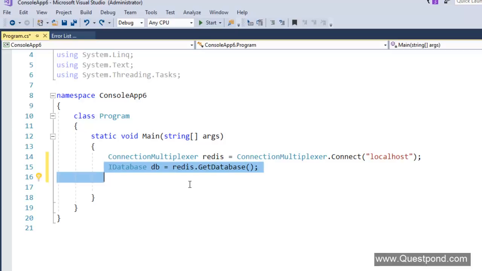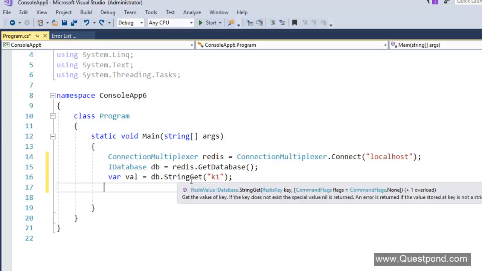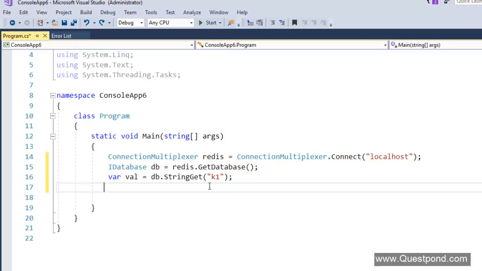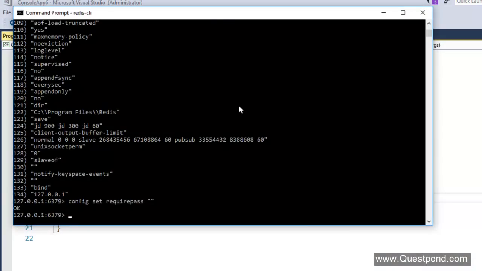The next thing is you will query the multiplexer and say get the database of Redis, and then you can start firing the commands like get, set. So you can see here I'm firing the command get, and I'm trying to get a key called K1, and then I'm trying to display that value in a console.